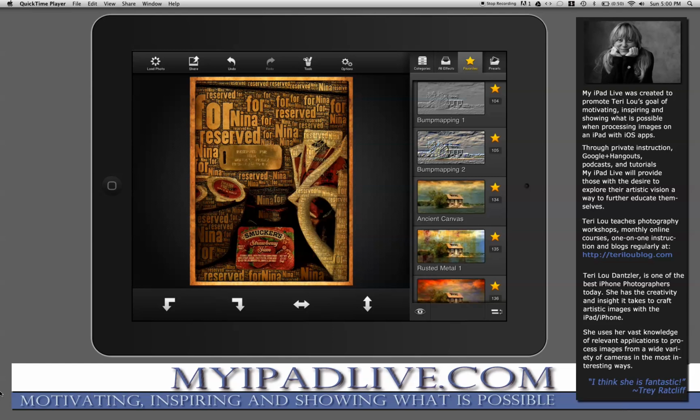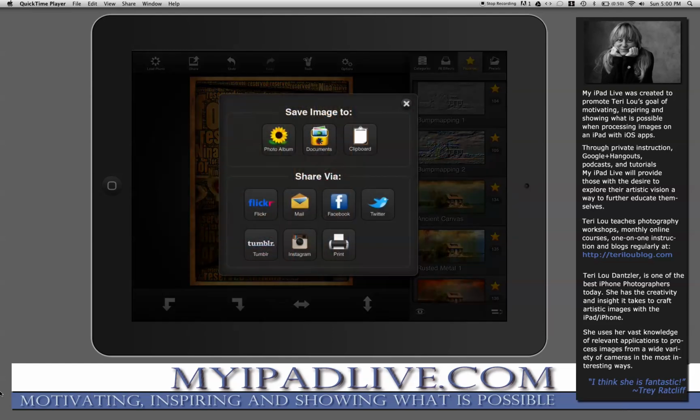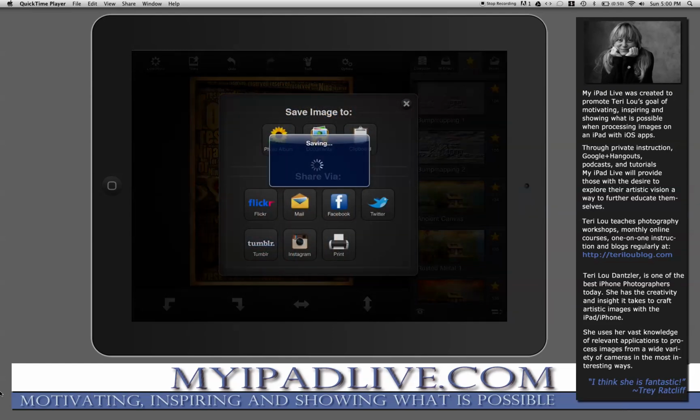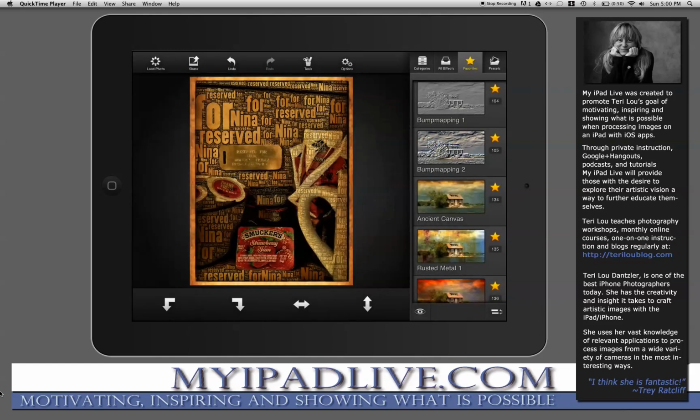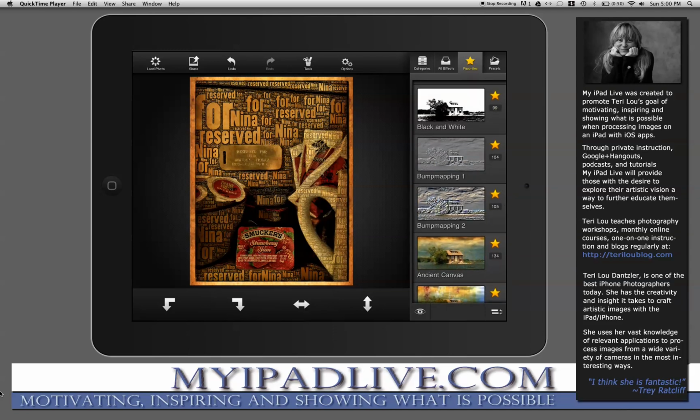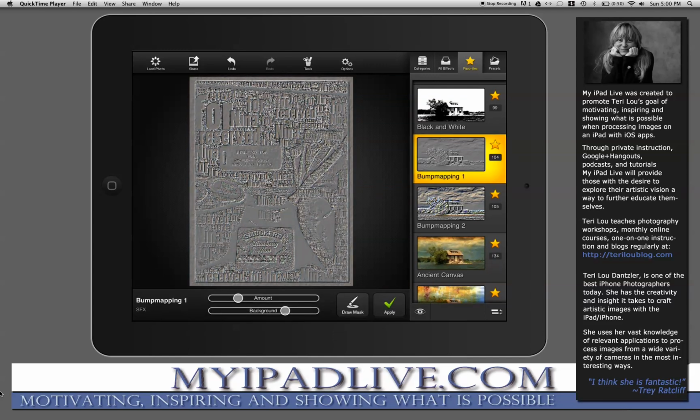So as this layer, I want to be sure that I save this layer to my photo album, and that happens relatively quickly. And next I'm going to use bump mapping. The reason I'm going to use bump mapping is I want to have some texture brought into this image. If you use the bump mapping choice, you can see it grays out and it actually adds like an